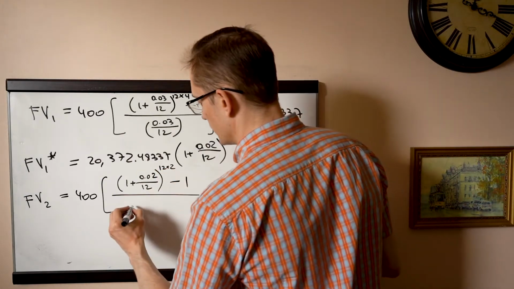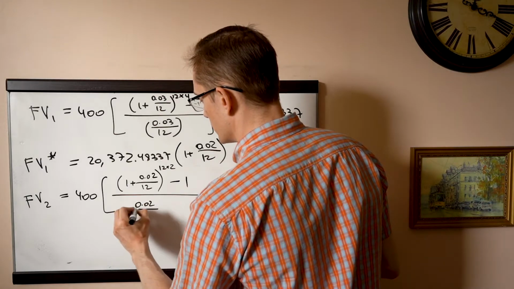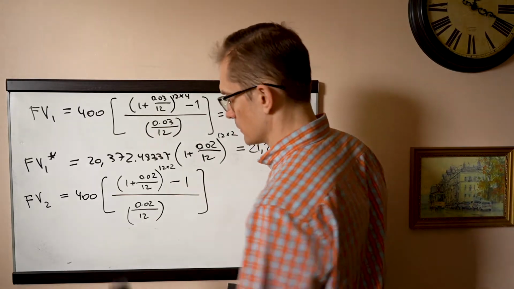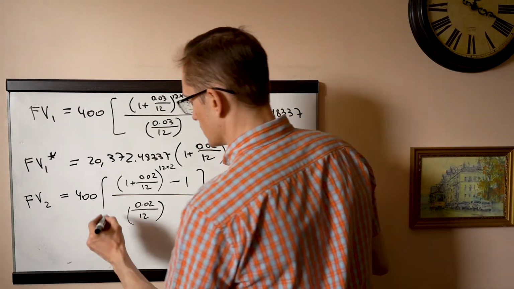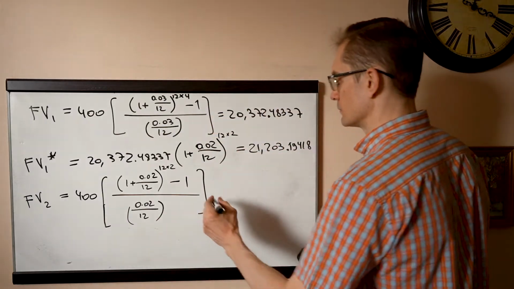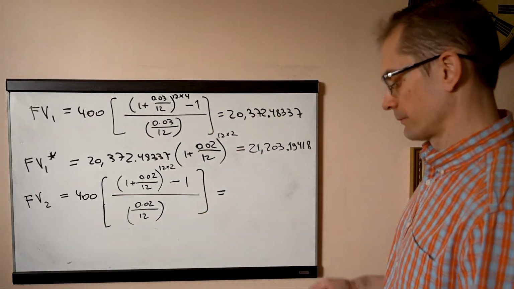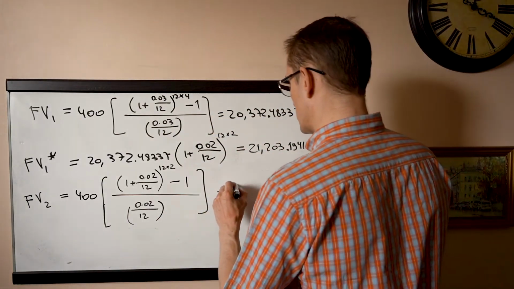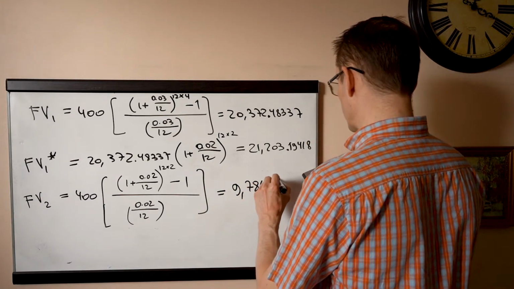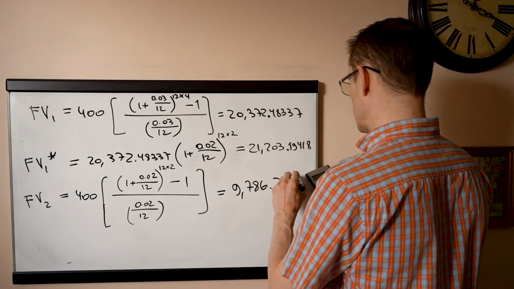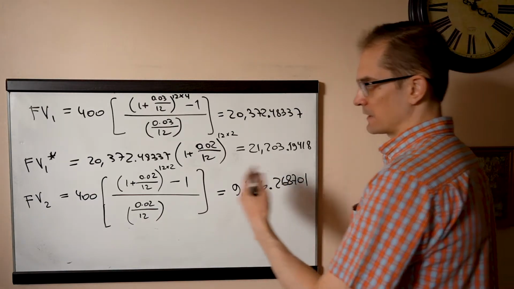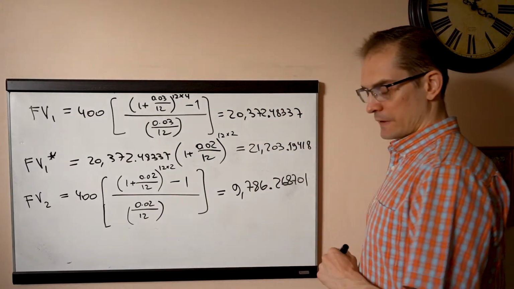So minus 1, 0.02 divided by 12. So this gives me 9,786.268701. So that second annuity would give me this